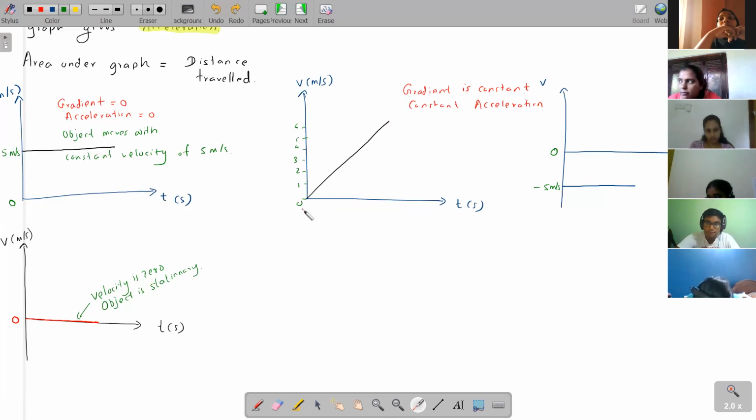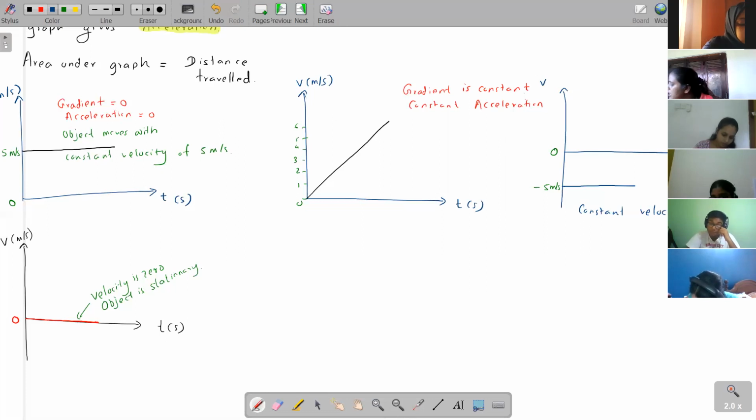Okay, miss. Then the last one. Constant velocity in the opposite direction. Constant velocity of negative 5 meters per second, which means what? Negative means what, children? You are moving in the down direction or you are moving to the left. Normally we say positive is moving to the right or positive is moving up, one of the two. So negative means you are going backwards with 5 meters per second. Constant, it doesn't change.